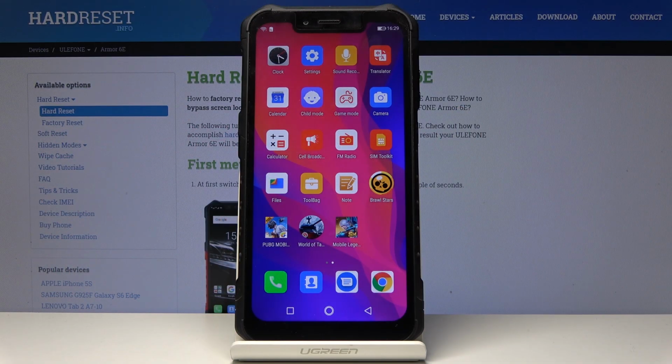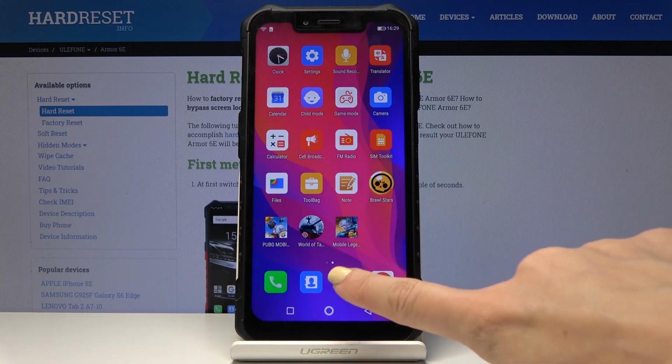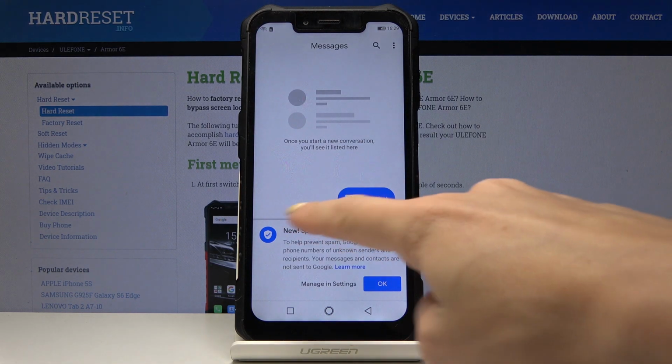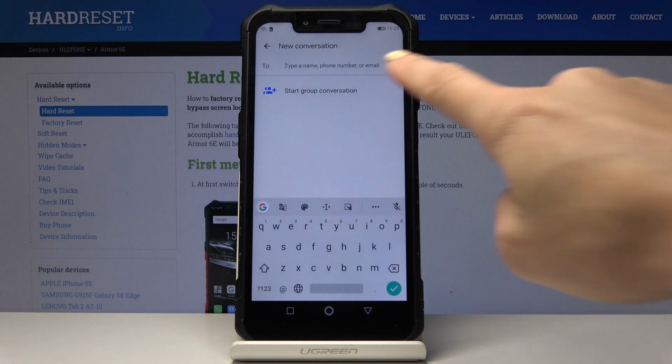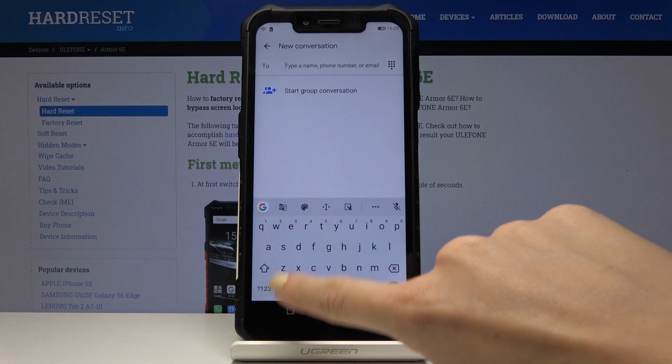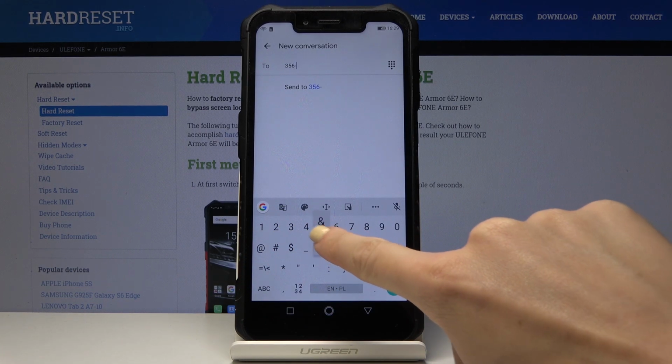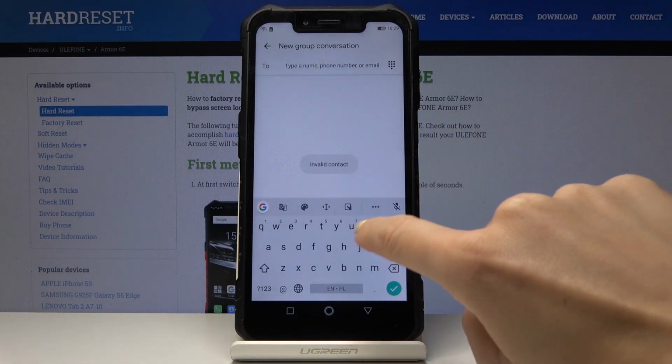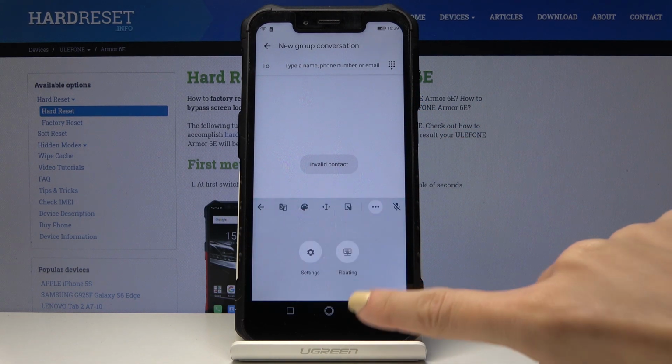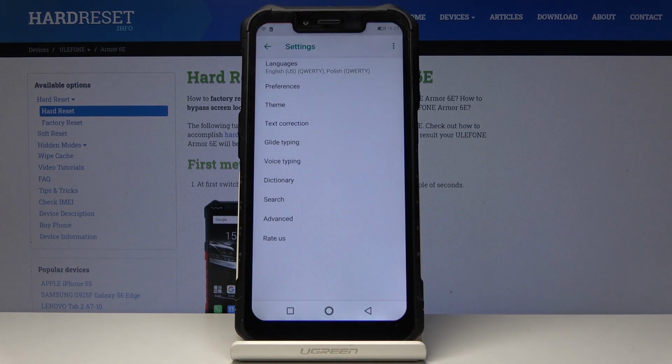Here I've got Ulefone Armor 6E, and let me show you how to change keyboard language on the following device. So at first let's open the messages, then click on Start Chat, pick or enter whichever number you would like to have because it doesn't matter, and then tap on the More icon, got it, click on Settings, and now